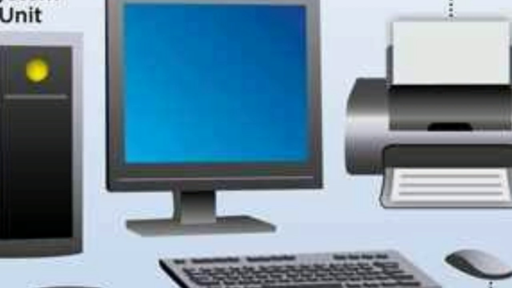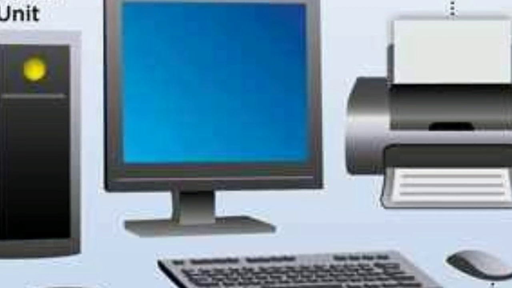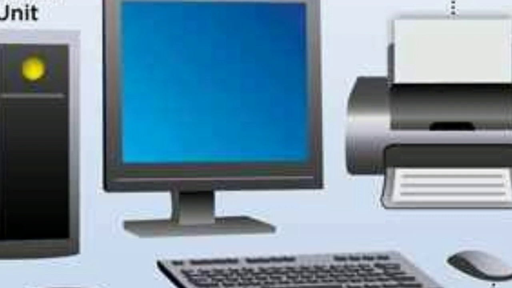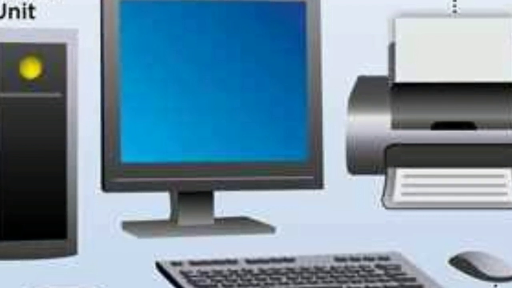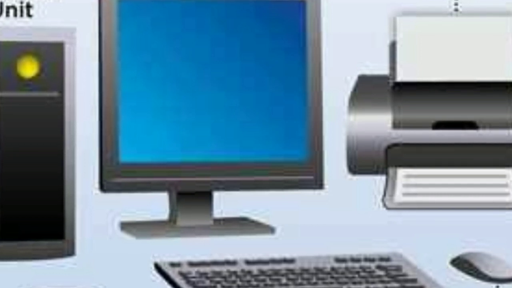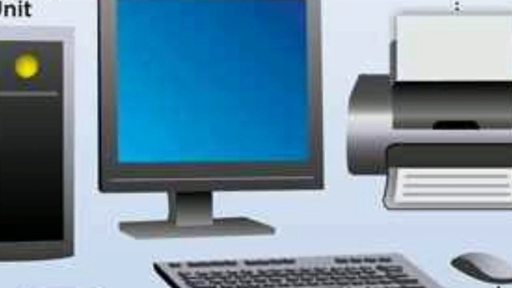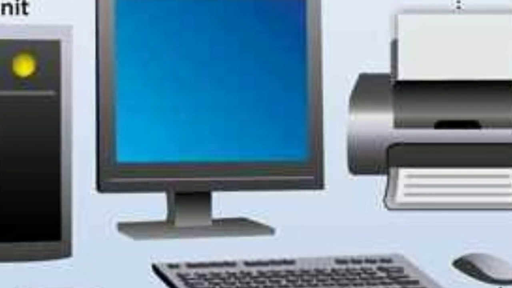Now we'll see the definition of software. Software is a set of programs that controls the computer hardware and makes it operational. If there is only hardware but no software behind it, it will not work. So for working, every hardware must be controlled by software.